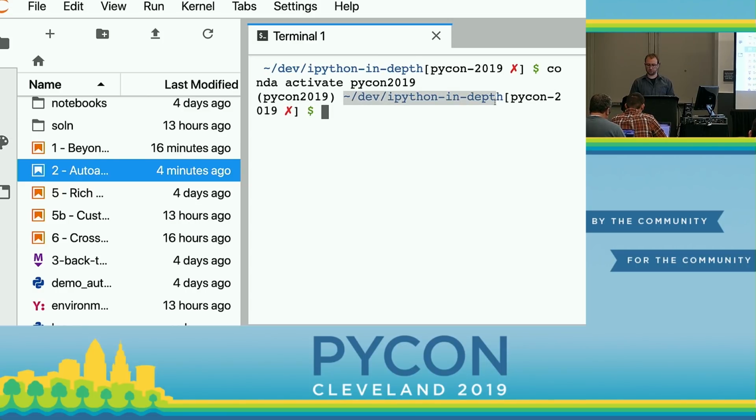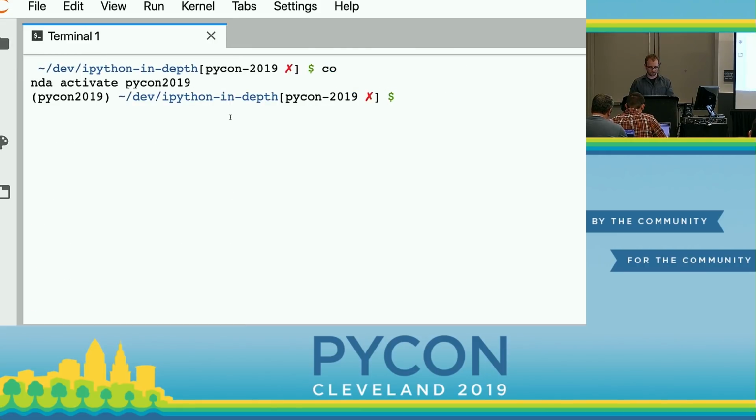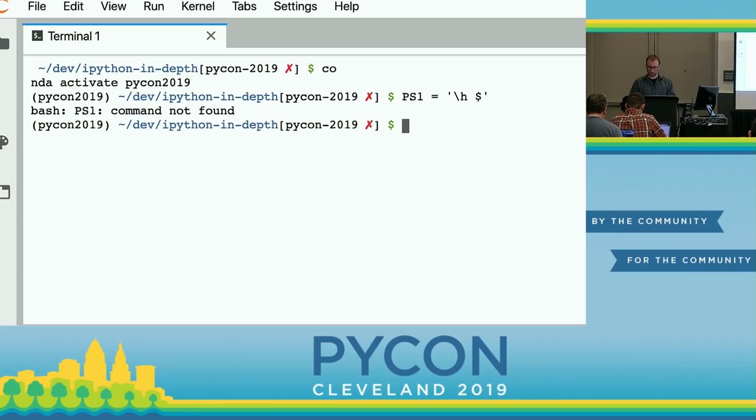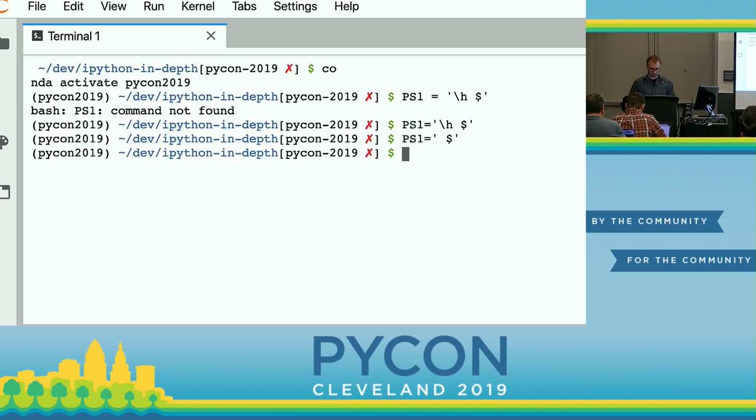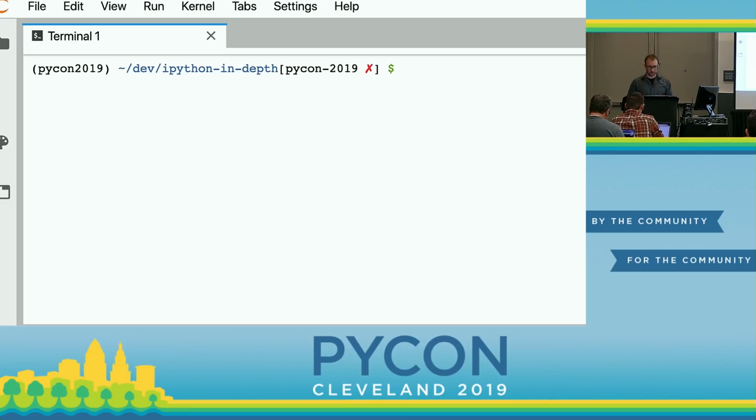And if I want to change my PS1, if that is too long, I'm just going to collapse that. That's more bash things, but you can do PS1 equal, is it H? No space. No. That didn't work. I don't know why. Anyway, probably did something wrong. Whatever. That's my own configuration. Sorry about that. Let's erase the screen and let's start